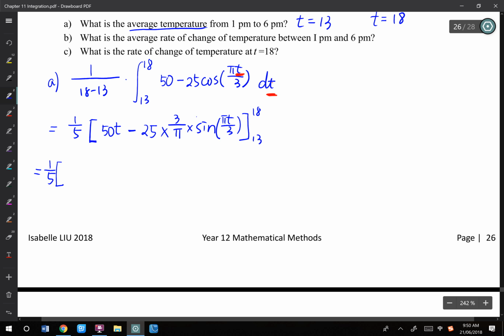Okay, sub the first thing. 15 times 18 minus 75 over pi times sine of pi times 18 over 3, which is 6 pi. 6 pi is just a 0, because 2 pi, 2 pi, and 2 pi, so 3 periods. And minus,